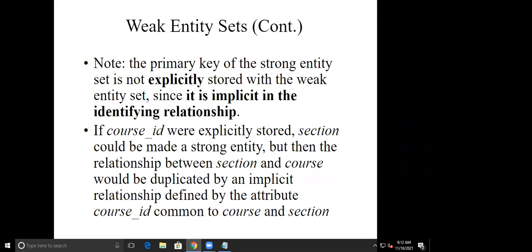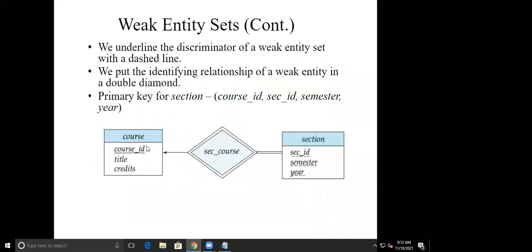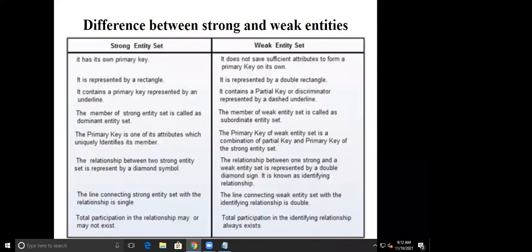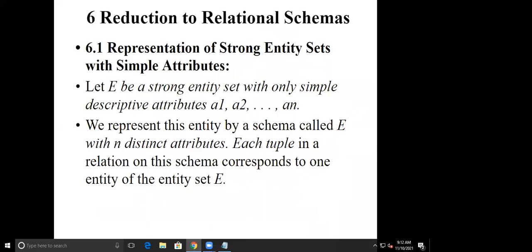So here, when we talk about storing the primary key, it means right now course ID is part of my course, and then here in the entity section ID, semester and year are there. So now whenever we are storing values for this, do we need to store the course ID also? Okay, so for moving to the next point, let us go for the next. It means whatever our reduction to relational schema is, during that point we will see how to store the weak entities and how to differentiate between the primary keys.